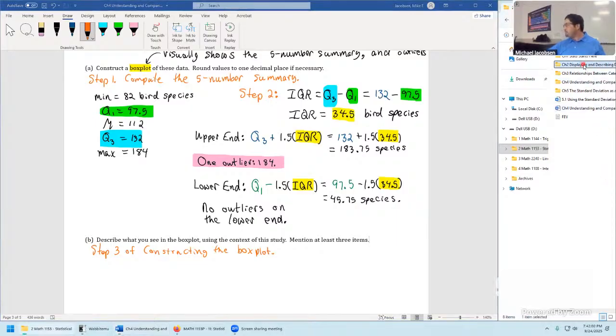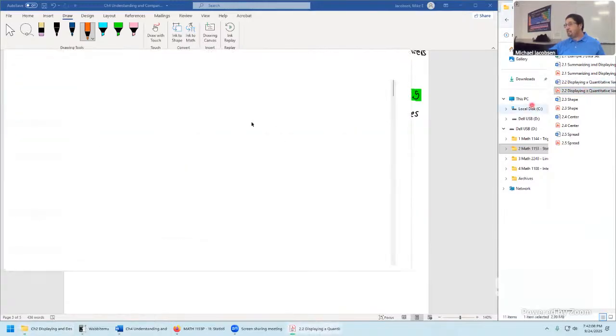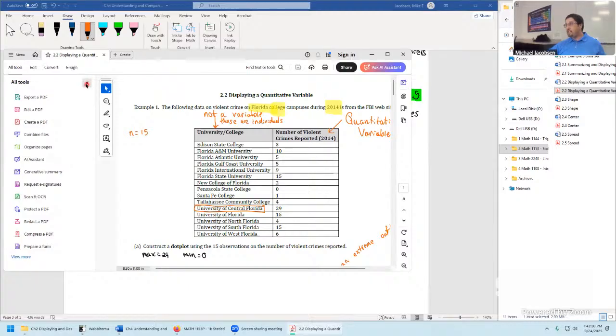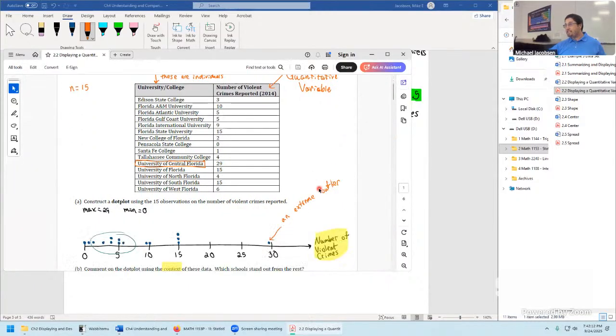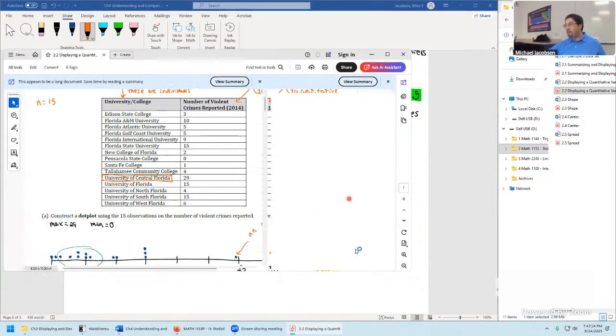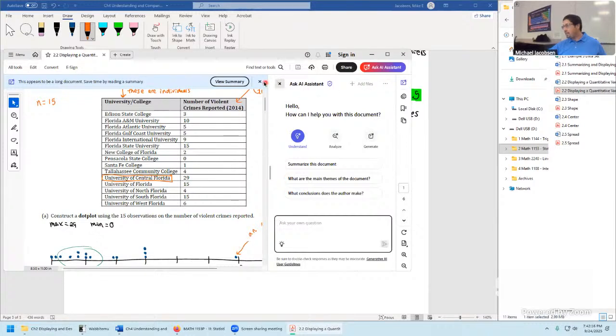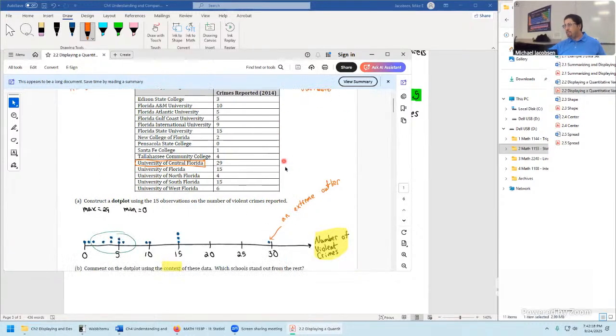But in a real sense, the first thing we want to do is kind of like what we did all the way back in section 2.2. Once we saw what the data looked like, we were constructing the dot plot for the data set on, I think, kind of morbid data about number of violent crimes. We first wanted to know what the max and the min was.